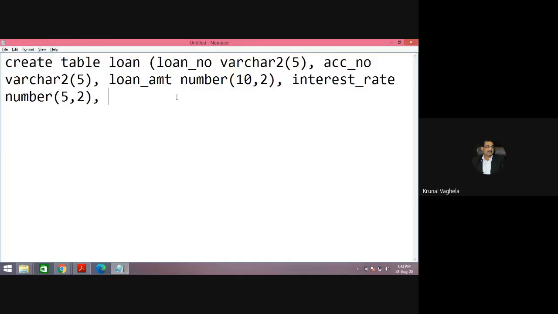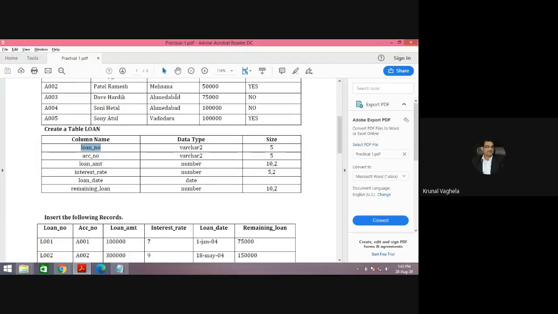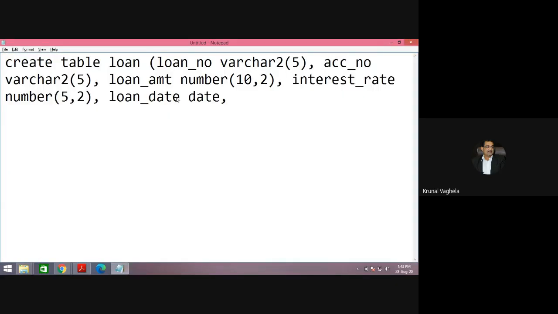Loan underscore date, data type is date, no need to specify the size, and remaining underscore loan, number 10,2. Bracket over, and this bracket we have opened, so one more bracket is closed.